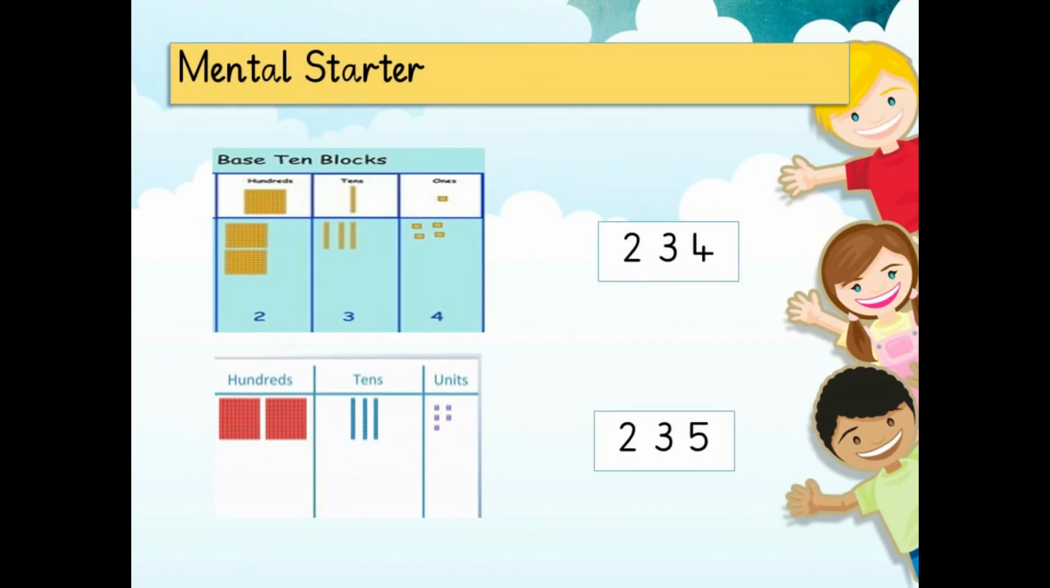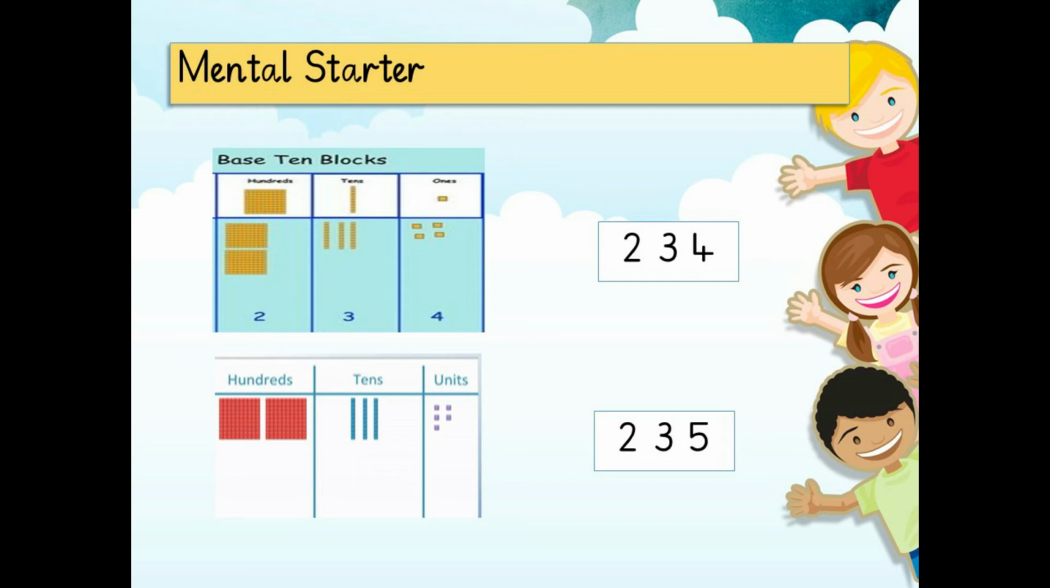Let's start our lesson with a mental starter. Look at the given pictures very carefully. You can observe place value charts. Two place value charts are given over here, each filled with different numbers in the respective columns. You can see within the first place value chart, there are 4 units, 3 tens, and 2 hundreds. And it makes a number 234. Within the next chart, you can see there are 5 units, 3 tens, and 2 hundreds. And it makes a number